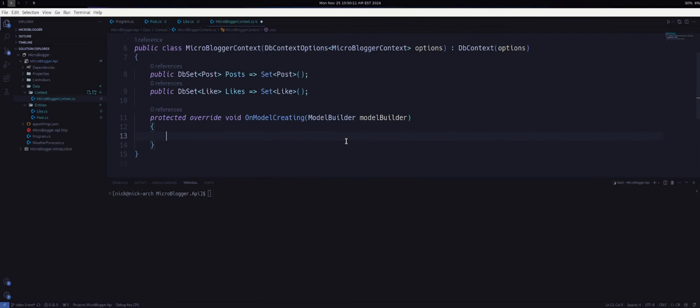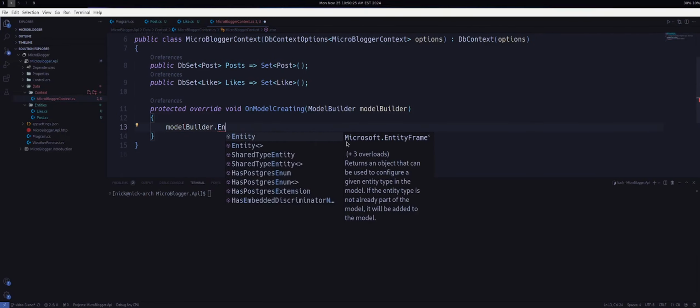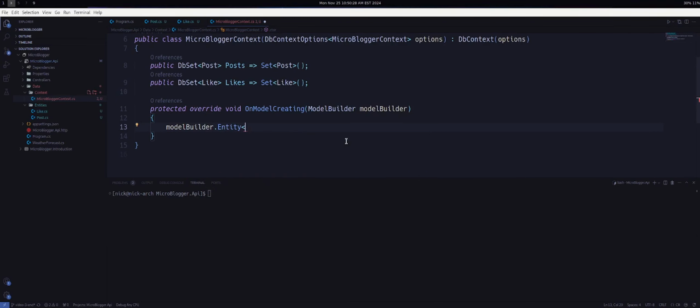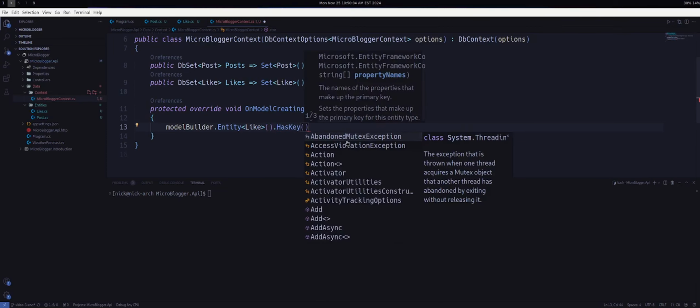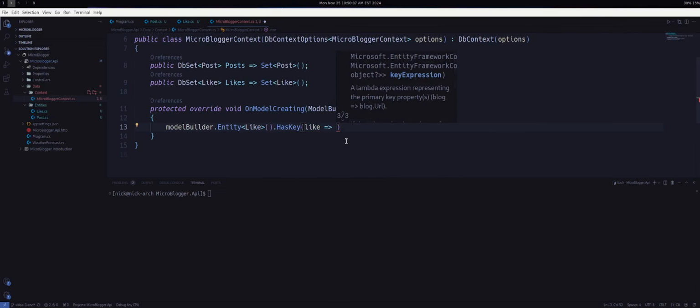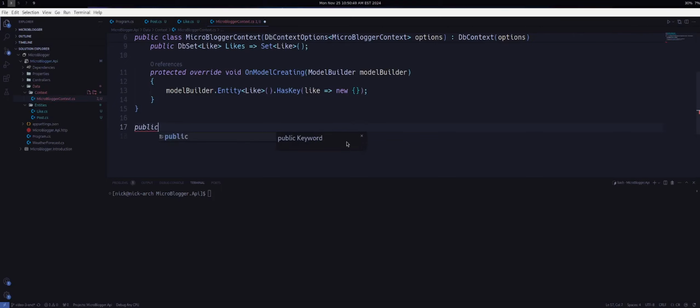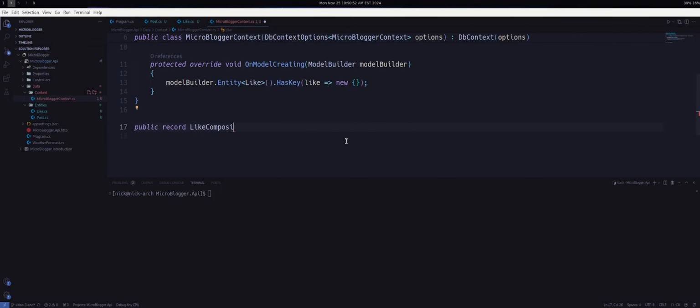Well, remember for our likes, we want to have a primary key that is a composite key. And in order to do that, we have to override OnModelCreating and specify how we should create that key. Right? So to do that, we say modelBuilder.Entity of type Like dot HasKey, and we're going to pass in a like to this lambda, and we're going to return an anonymous type. And the reason we're doing that is it would be really tedious to go here and write public record LikeCompositeKey